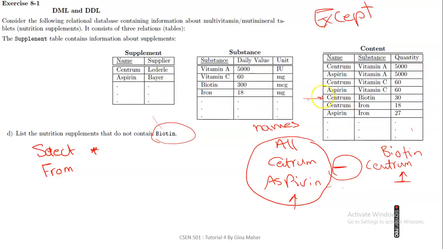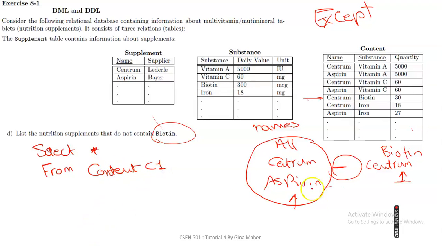So either get all the rows from the same table, since all the supplements are found here as well, or get the names of the supplements from this table and get the difference between the names here and the names here. Okay, so we can select all from content